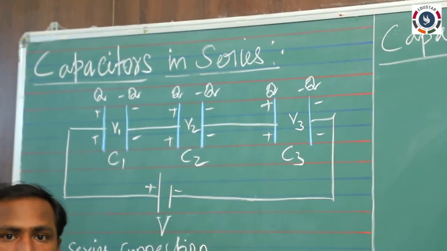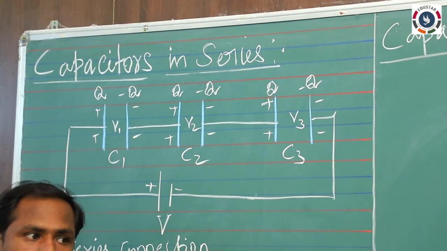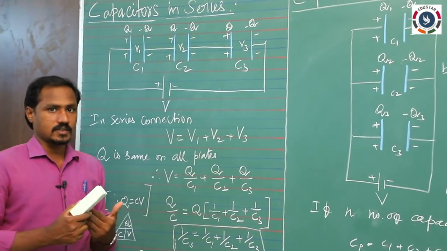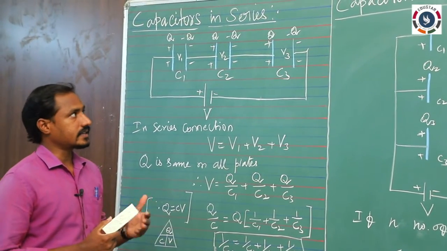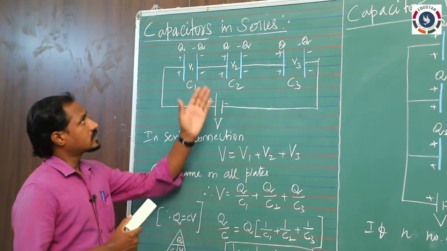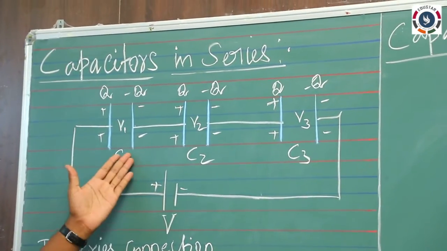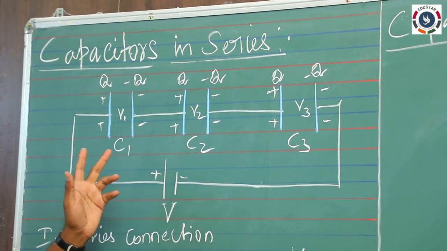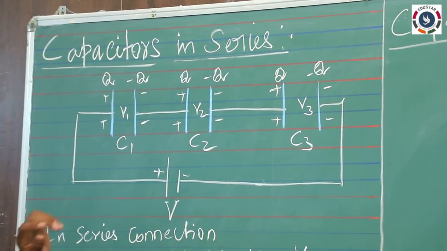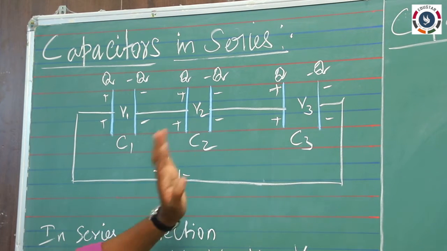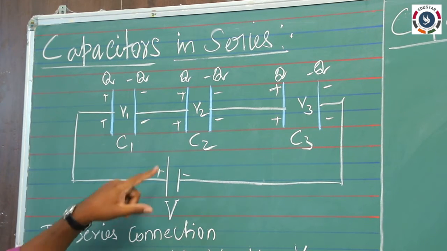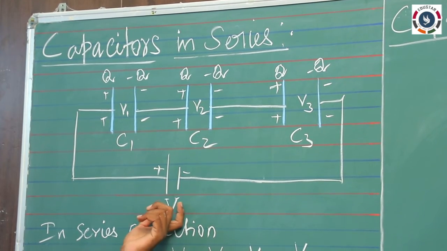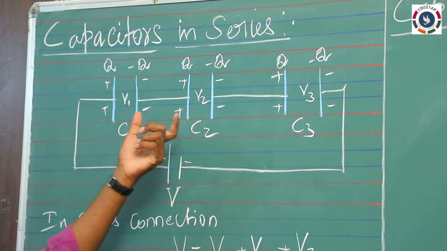If capacitors are used in electrical and electronic circuits, what will be the effect of the capacitors on the total circuit when they are connected in series and parallel? First, series connection. Here we are taking three capacitors C1, C2, C3 whose values are capacitances, connected in series. The power supply applied to this connection is V by the battery. This voltage is divided across each capacitor.